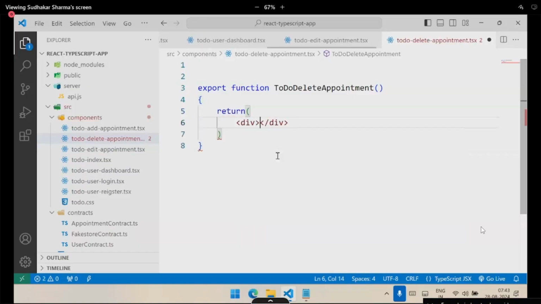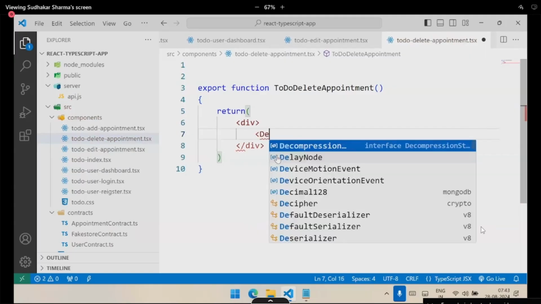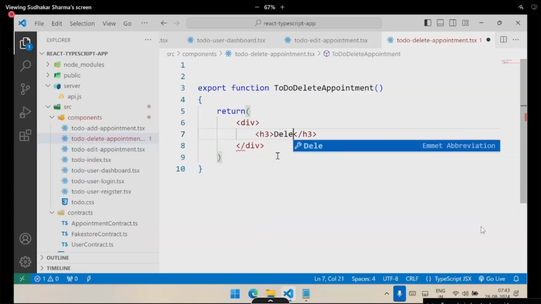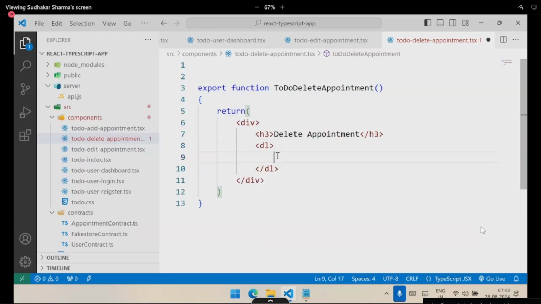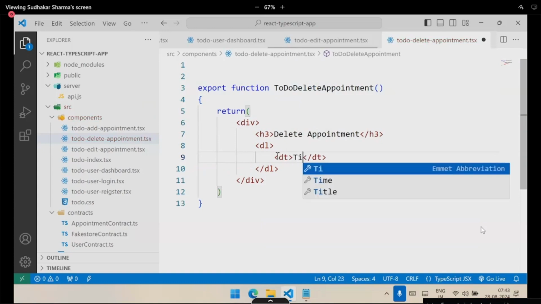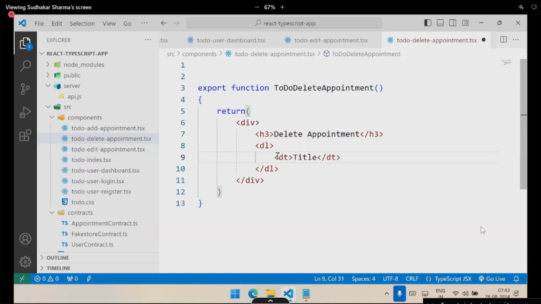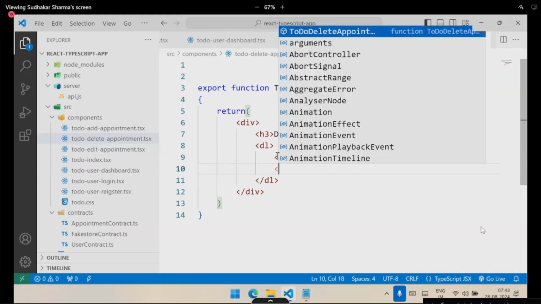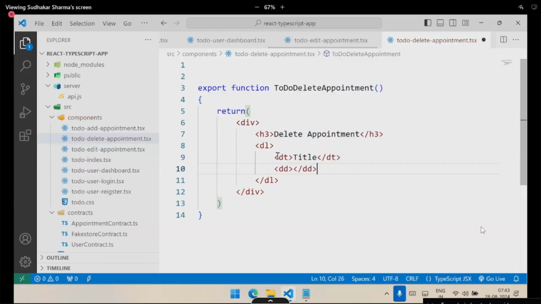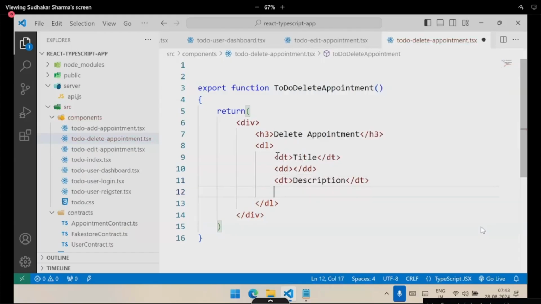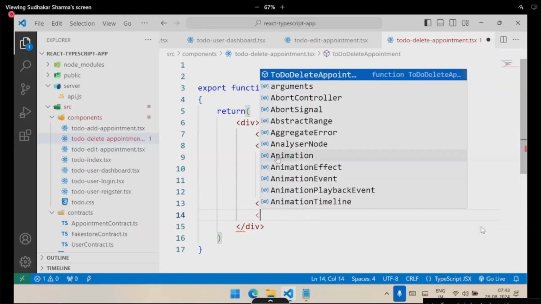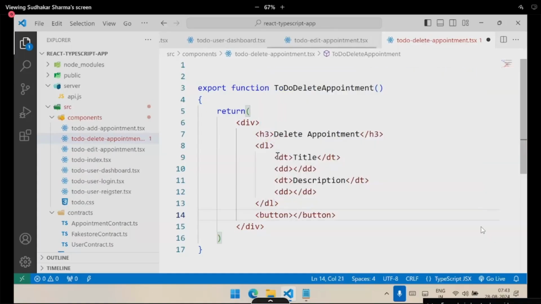So here we will give, sorry, this is a heading, delete appointment. And here I can just give some details. So a data list, in the data term, title. I don't want all details, only a few details we are displaying here. So title is a data definition. Here we will display title and description. Just data definition description. And here we will keep two buttons. So we need to define a button. So one is